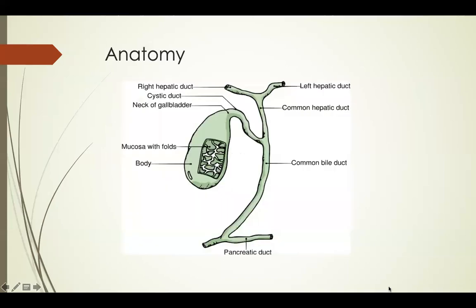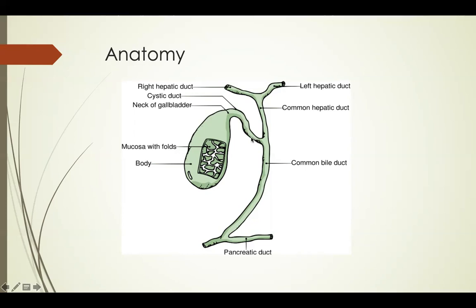Now, before you can interpret the ultrasound, you should know the anatomy of the biliary channel, how it looks. So there is the gallbladder, and the gallbladder may contain stones or not. There you can see this is the cystic duct. The gallbladder is around 7 to 12 centimeters. Its capacity is around 30 ml, and this cystic duct is of variable size, but it may be up